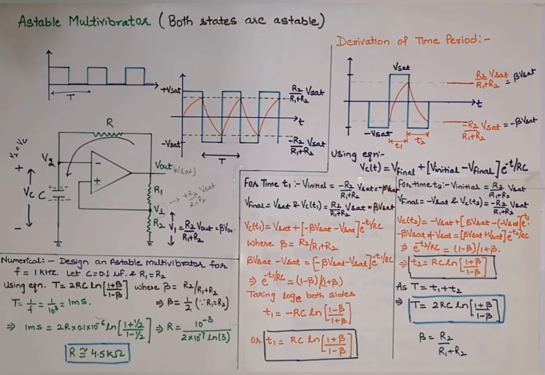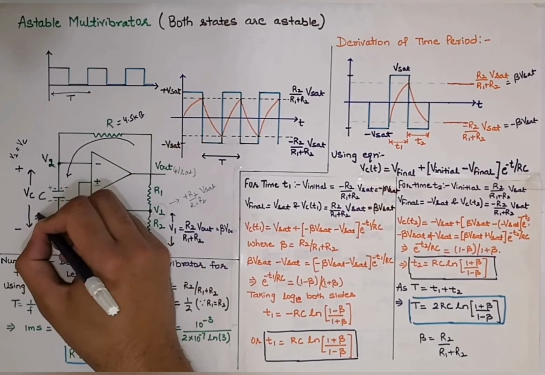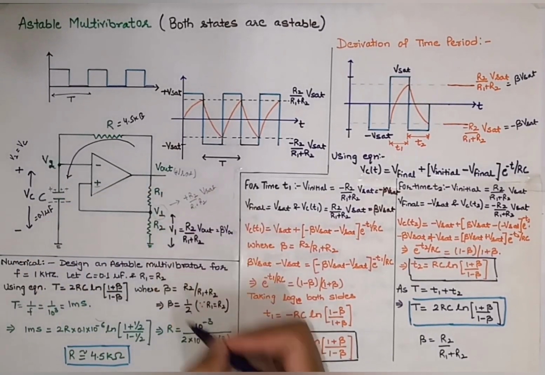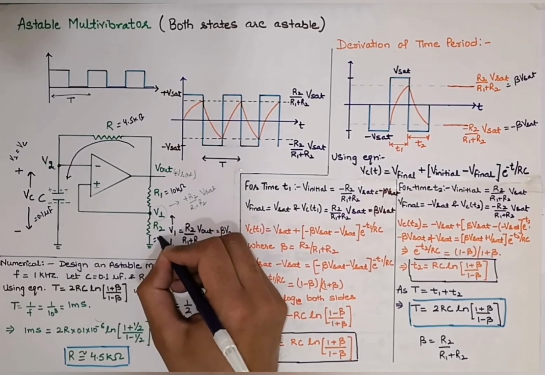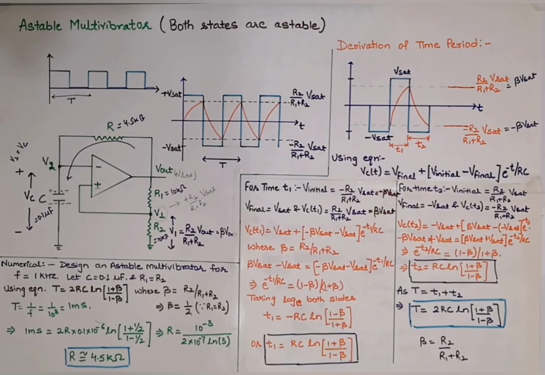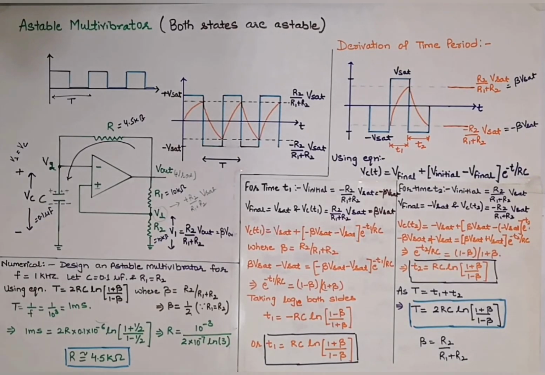It means using the resistor equal to 4.5 kilo ohm, capacitor of 0.1 microfarad, and resistors of equal value, let us assume it to be 10 kilo ohm, then I will get the astable multivibrator when I connect them in this configuration, where the total time period is equal to 1 millisecond, or the on and off, or the high and the low time period will be equal to 0.5 millisecond. And simply the frequency of the oscillations, as I said in the starting of the video, it is acting as a free running oscillator, so the oscillation frequency is equal to 1 kilohertz.